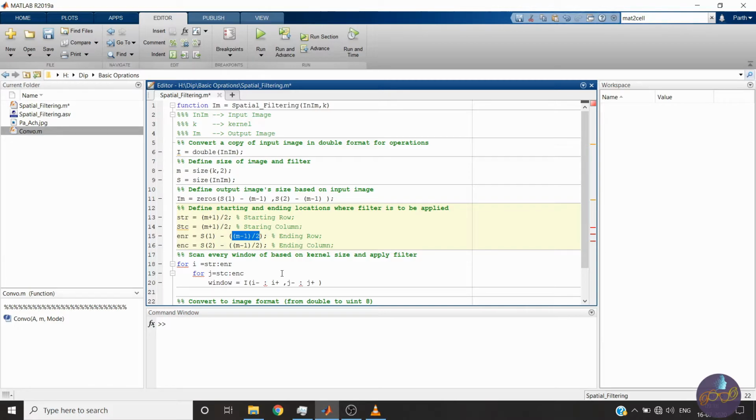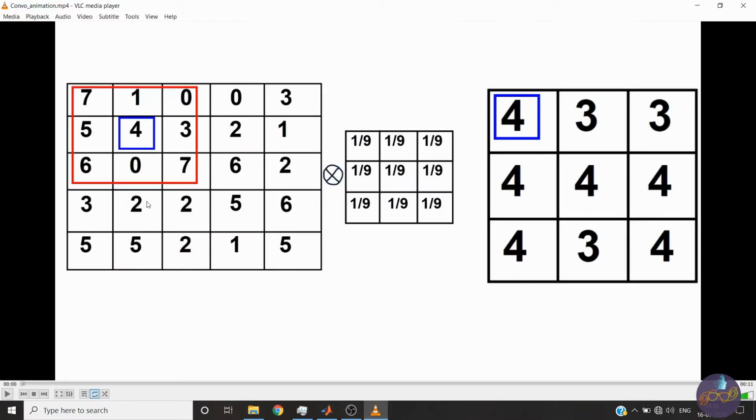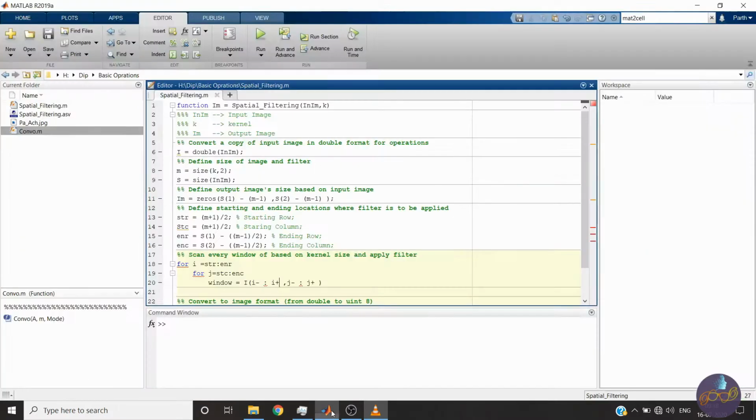So if it is 3 cross 3, then we will only go one up and one down. So let me just copy paste this m minus 1 by 2. It will be the same in row and column.